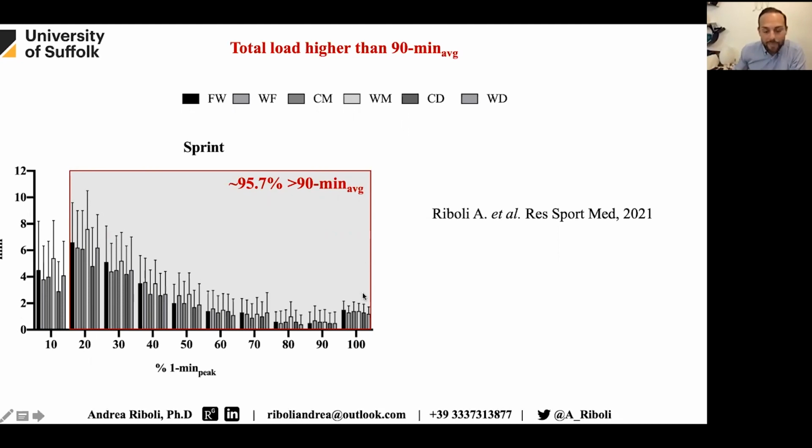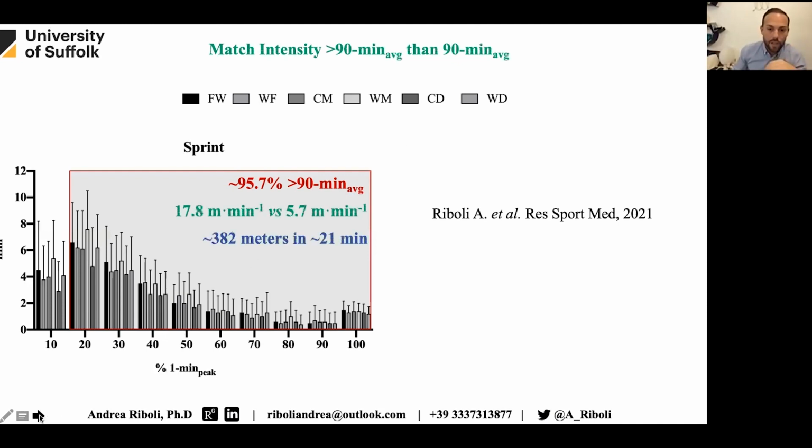The gray area highlights the time at intensity higher than the 90-minute average. And we found that for sprint, about 95% of the total distance covered in sprint was performed at intensity higher than average match demands. We found that the intensity in meters per minute in the gray area was significantly higher than the average match demands. And we found, interestingly, that 382 meters, so about 95% of the total distance covered in sprint, was performed in about 21 minutes during